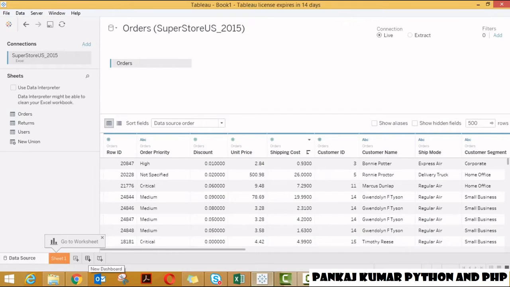Whenever you click any filter, it will have an impact on all three visualizations. That is the important functionality of the dashboard. Okay, so guys, let me click on Sheet 1. We will create a one-sheet worksheet, and then we will create visualizations on top of it.